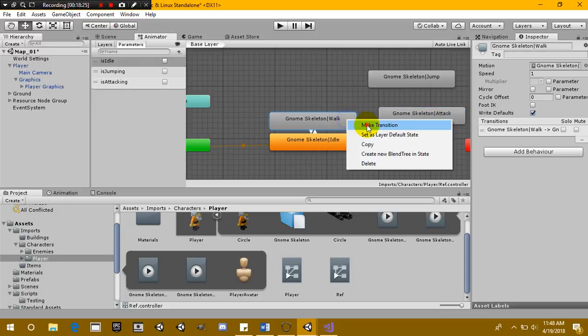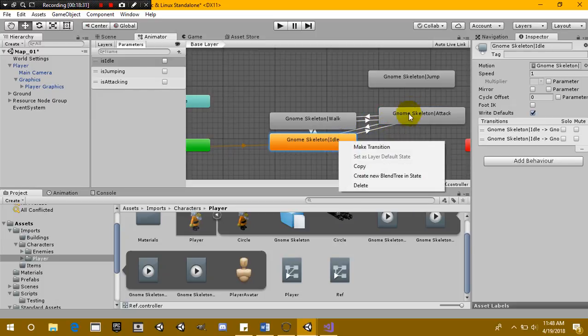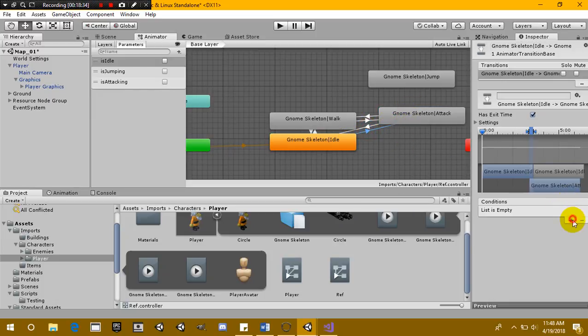So we're going to just drag that there, make transition there. And what I'm doing is right-clicking and then left-clicking on where I want that transition to go. So to attack, we just want it to be one variable, and we're going to say isAttacking is equal to true, take off has exit time, and then when we return to idle, isIdle is equal to true, and isAttacking is equal